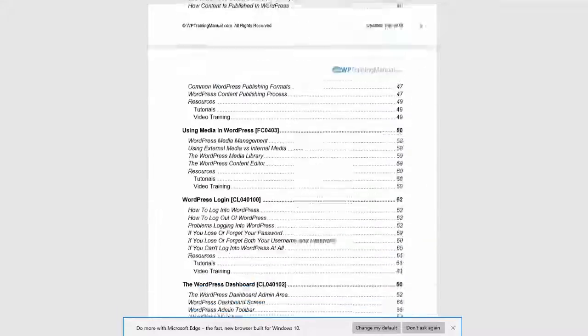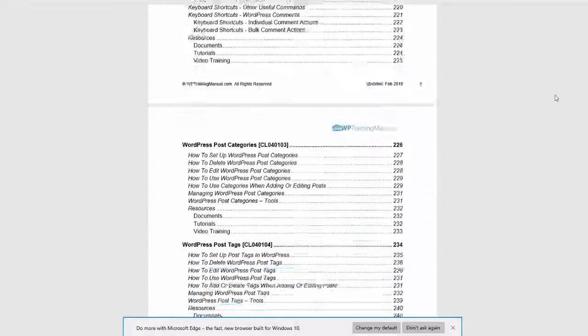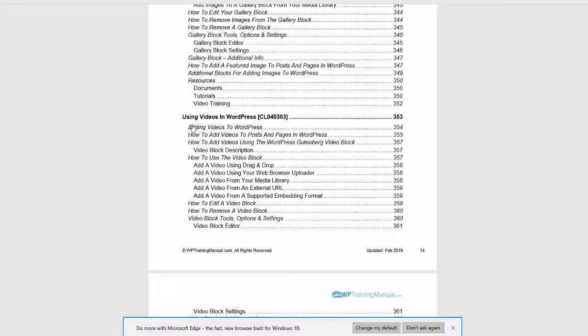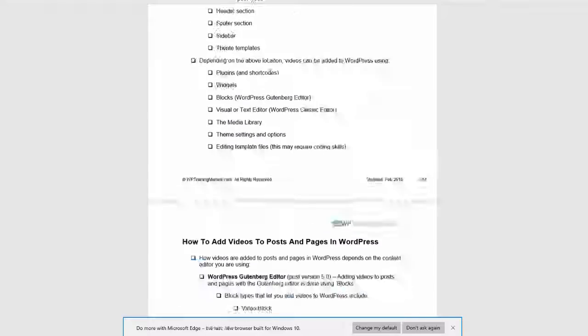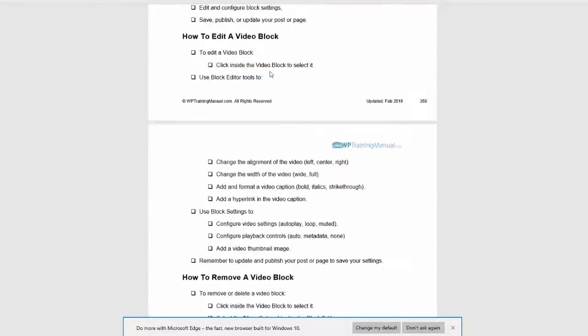Okay, so everything is now here, and you can see it's got over 500 pages. So all of the content is here. It takes you through all the instructions, and at the end of every module, at the end of every training section,